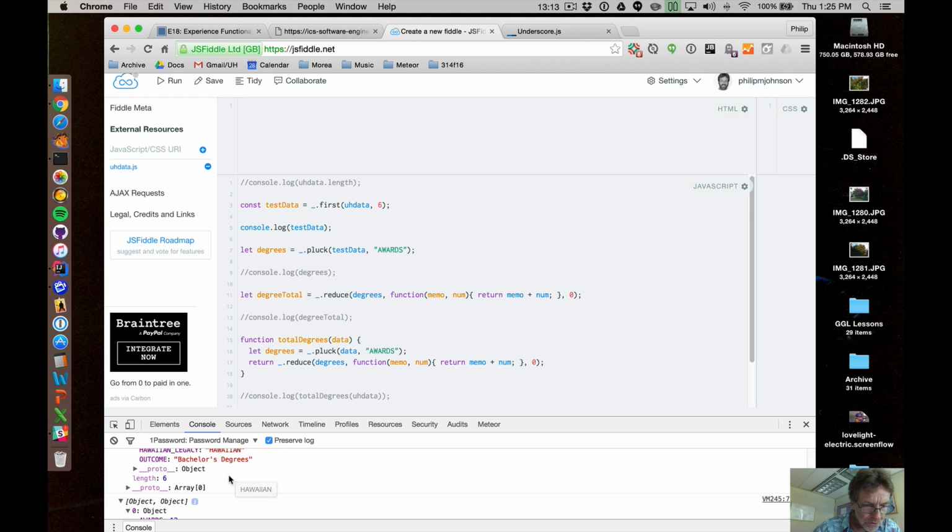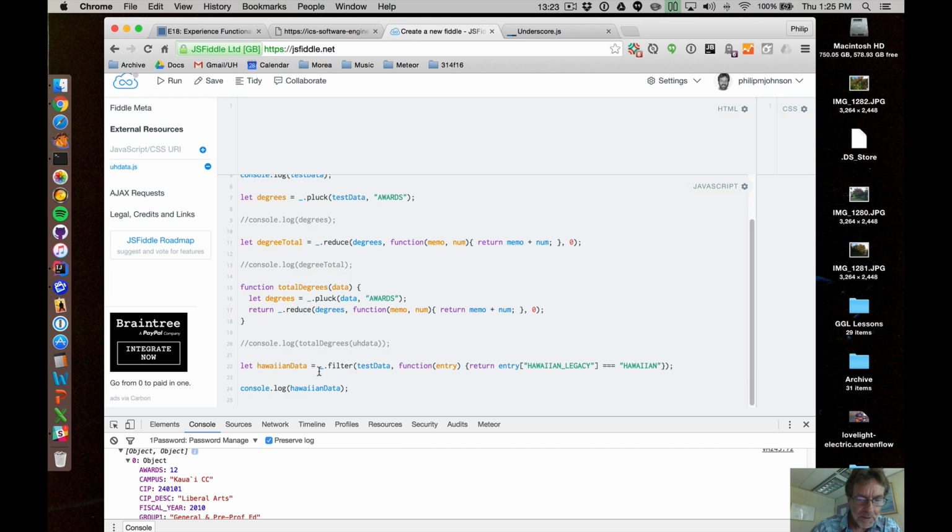Okay, so there's 2 actually that should be returned in this data set because there were 2 in our initial ones. All right, so it works, with a little bit of inspection. So that's how we get a data set that has just the Hawaiian data. We already know how to get the total, and once we have that data set, we can now